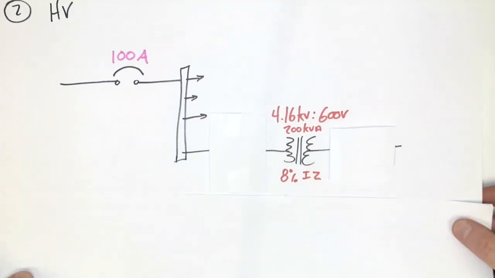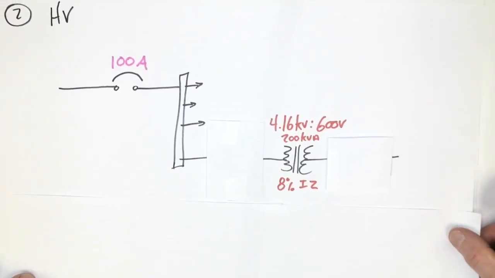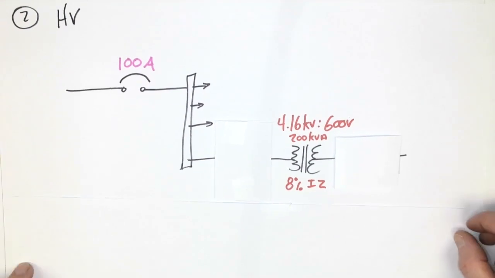Let's take a look at another example. This one is going to be very similar, but what we're going to have now is a secondary that is low voltage. Now remember, high voltage transformers are labeled high voltage because the primary is high voltage. Sometimes the secondary is high voltage, sometimes it's low voltage. But if either side of that transformer connects to high voltage, it's automatically categorized as an item of high voltage